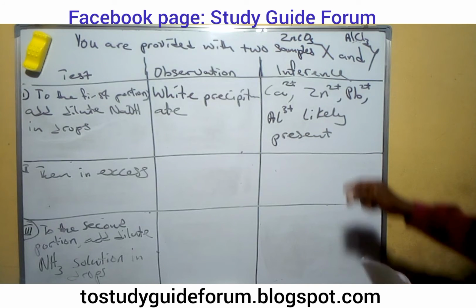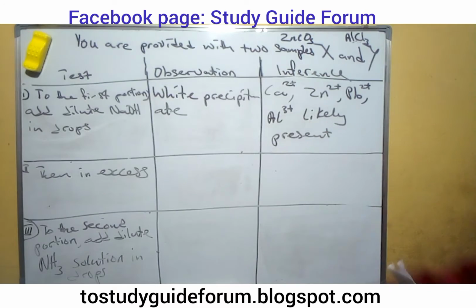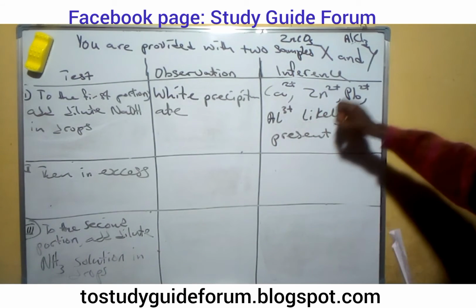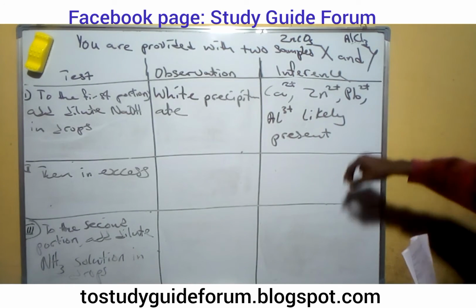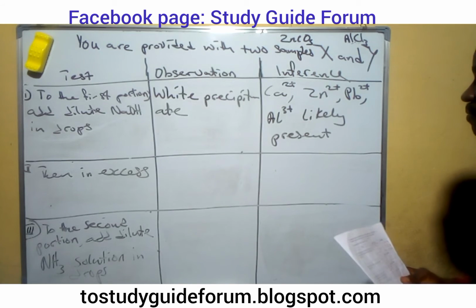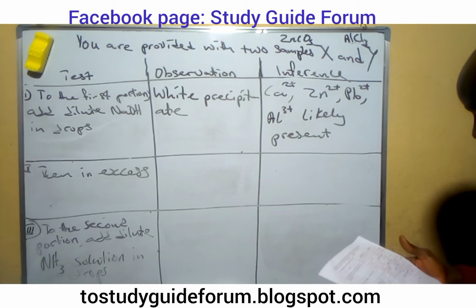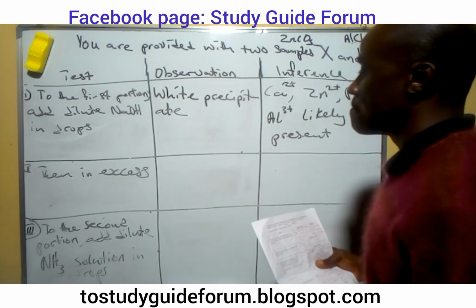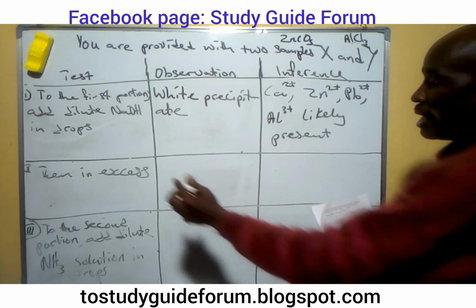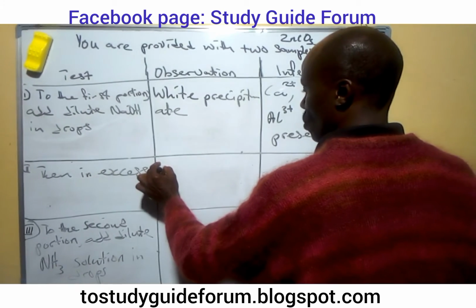So we have all these ions. All these ions are the ones that can give us a white precipitate with sodium hydroxide. We have calcium ion, zinc ion, lead ion, and then we have also aluminum ion. So in essence, we have the precipitate now soluble